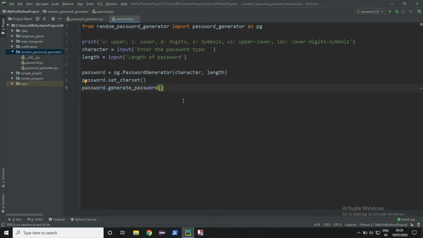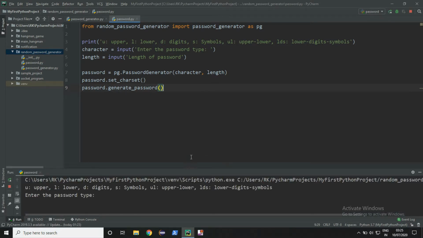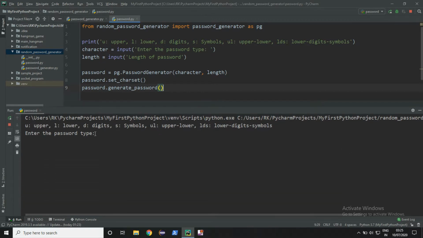Now let's run this program and see the output. Here as you can see we got the notification U for upper, L for lower, D for digits, S for symbols, and the combination of these.